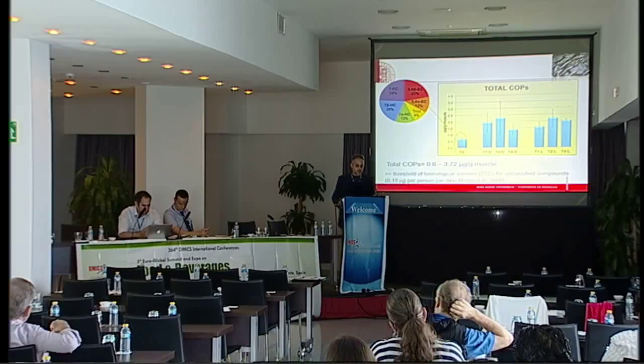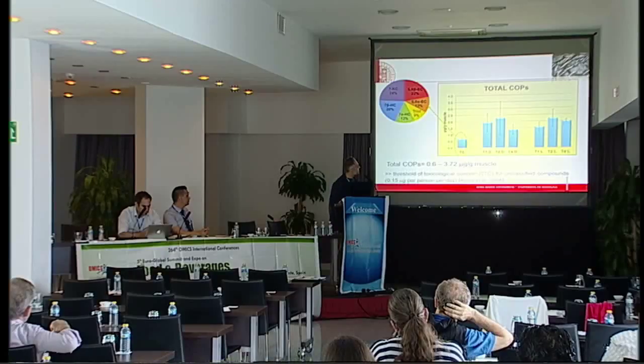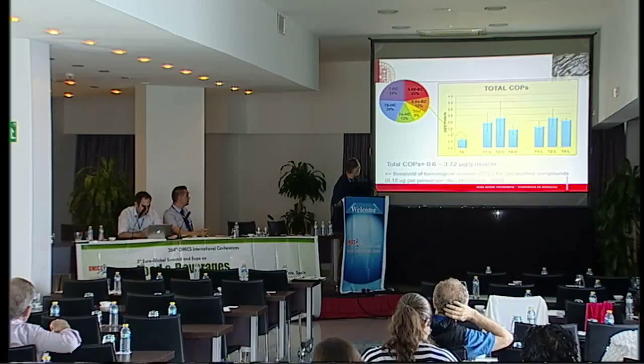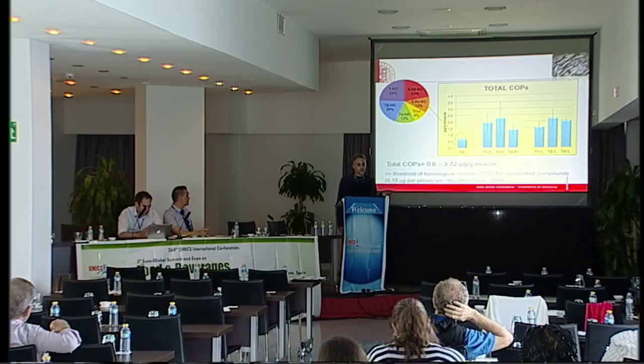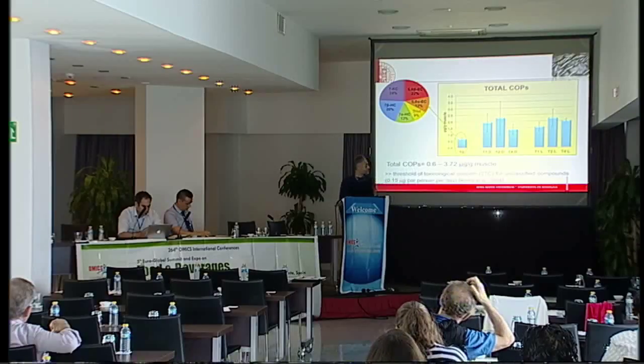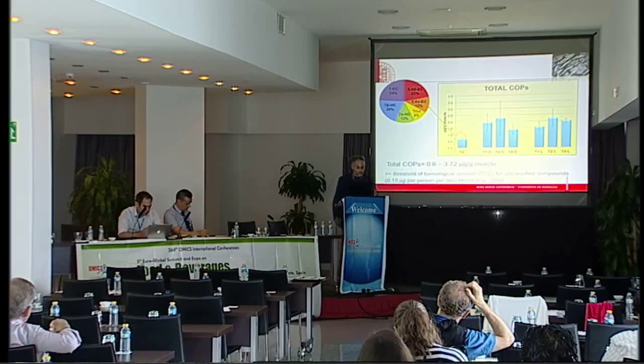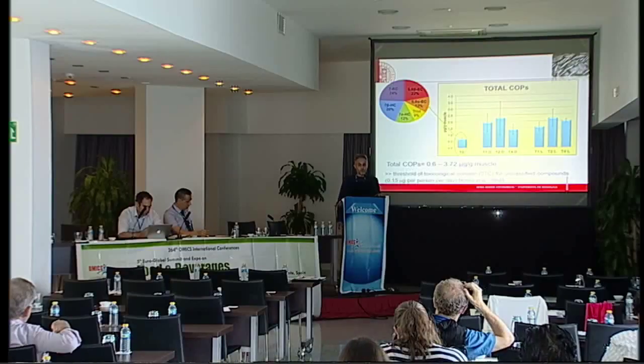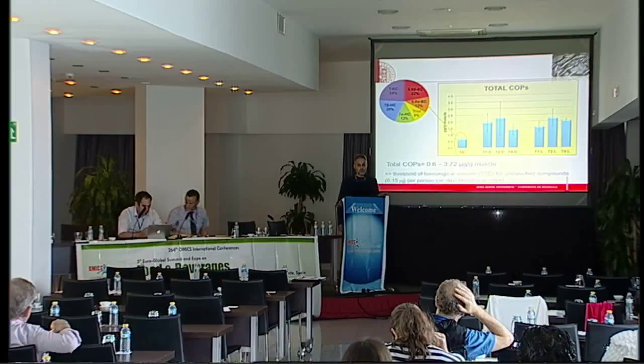So you can see that during the storage we have an increase in the amount of COPs. And in particular, in this kind of sample, we found triol. The triol we didn't find in beef or pork, but in sardine we found it, because remember, we have water and acidic conditions. And the range of total COPs is higher compared to values obtained in pork or meat. We reached 3.72 ppm of muscle.